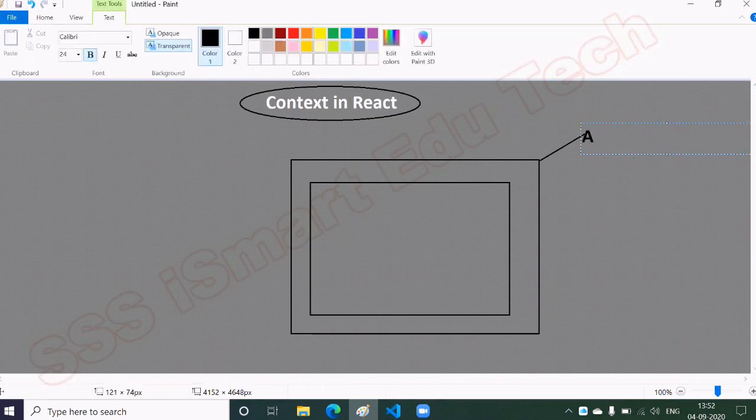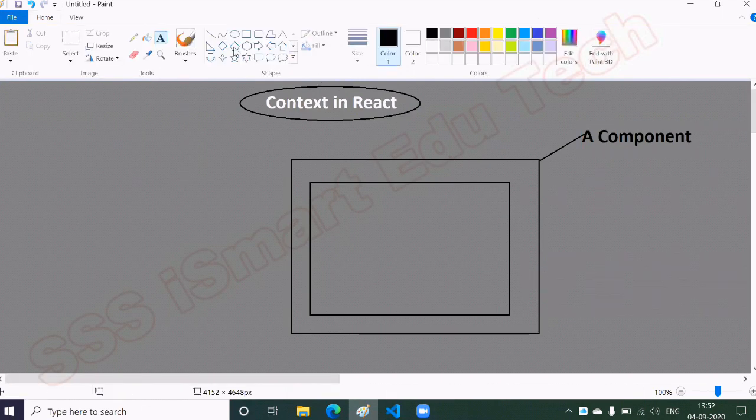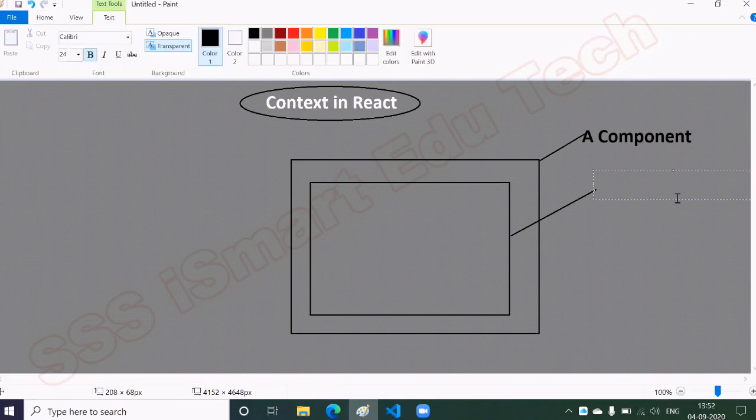This is the A component, and I have one more component known as B component. Now we are appending B component inside A component, so we can say that A is a parent whereas B is a child.